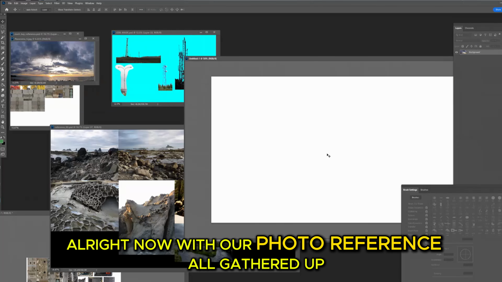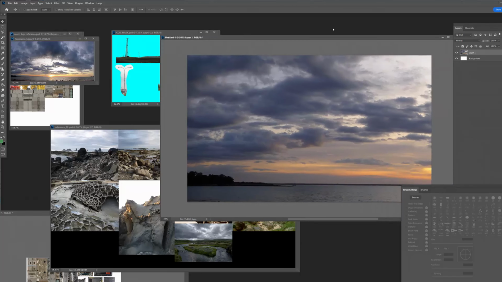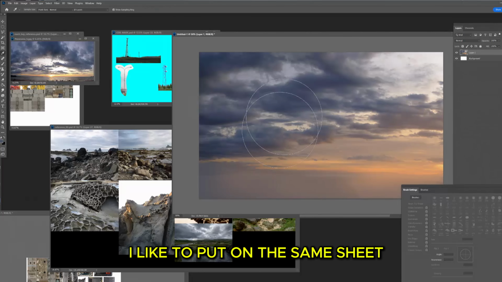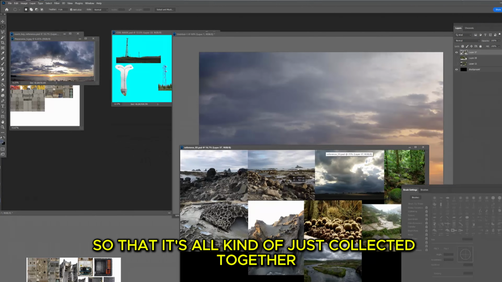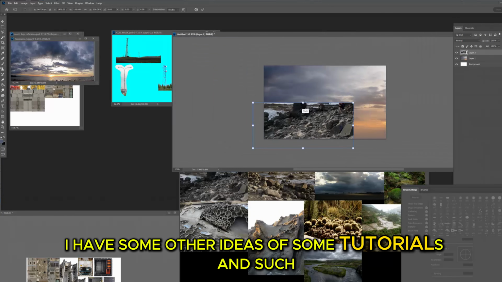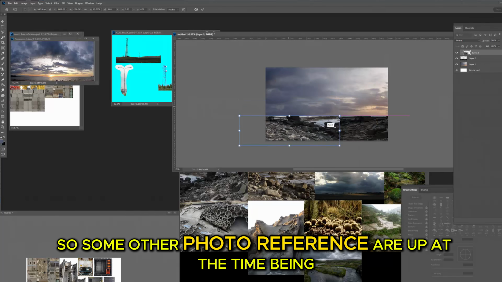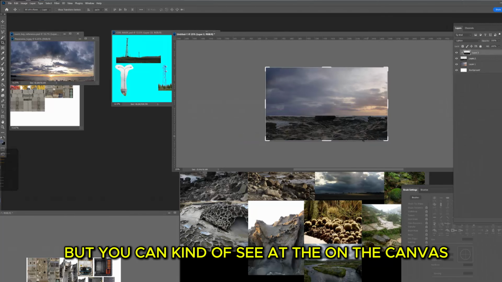Now, with our photo reference all gathered up, if you look at this worksheet, a lot of the time the photo reference I like to put on the same sheet so that it's all collected together. I have some other ideas for tutorials, so some other photo reference are up at the time being, but you can kind of see